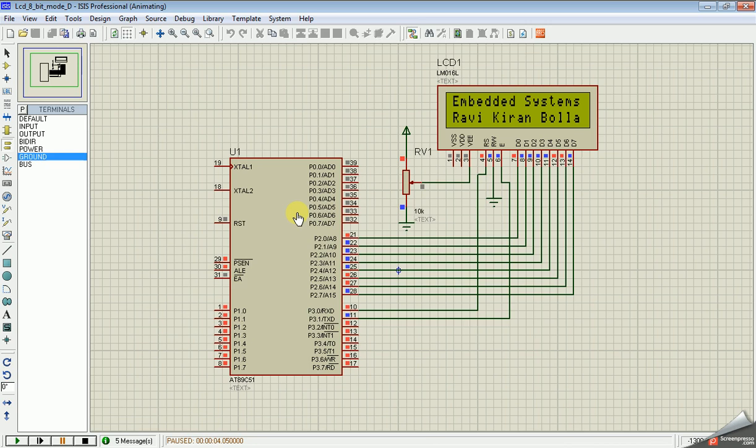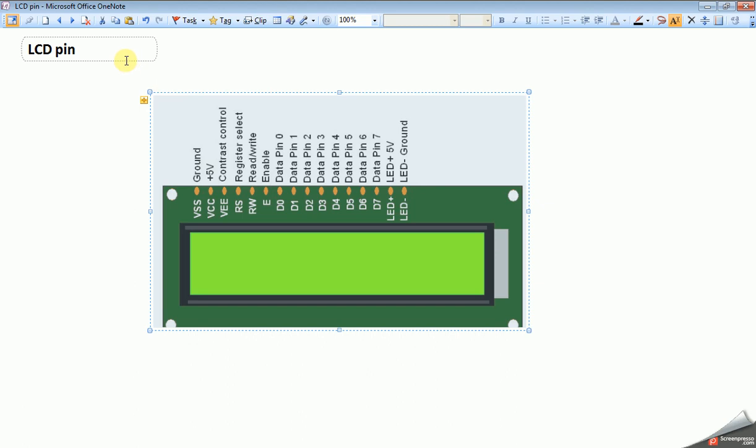If you transfer small a in 8-bit mode, we have to connect all these 8 lines to the microcontroller as shown here, whereas in 4-bit mode we have to connect only 4 lines, whether it is the LSB 4 bits or MSB 4 bits. And next there are the last 2 pins, 15 and 16.